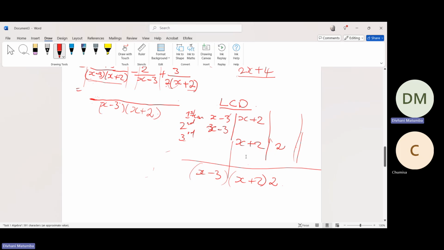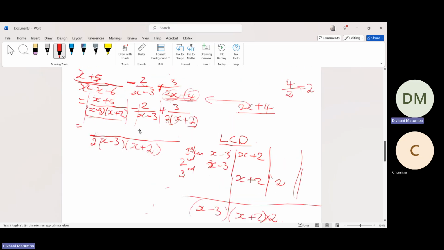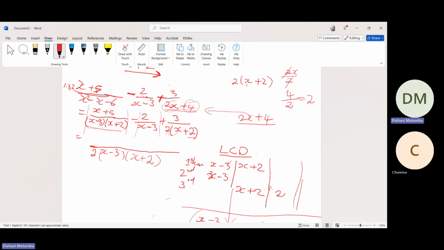This is how you break down the LCD. Okay, sharp. So what we're going to have is 2 times x minus 3 times x plus 2. Okay, now that we have that LCD,